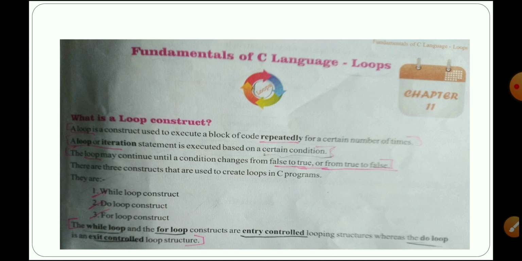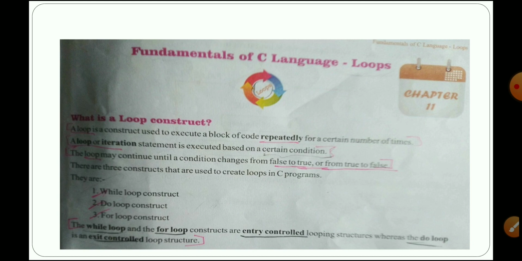This loop construct has some more types. Depending upon a condition only, we first have to know how to give that condition. If the condition is true, it will repeat until the condition fails. The repetition moves on depending on the condition only. I already told you a loop is executed repeatedly depending upon a condition. When the condition is false, it automatically exits the process and comes out of the program. If the condition is true, it repeats for that number of times.